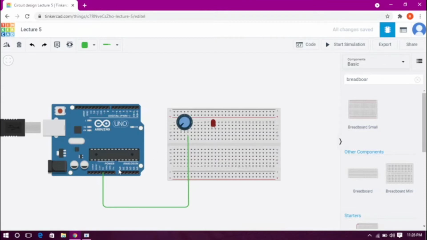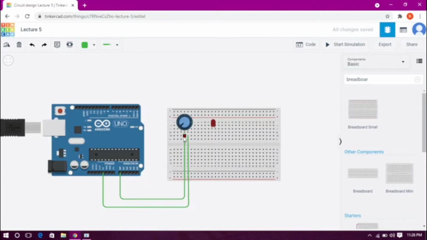Basically we'll be needing an analog input. For that I will use this analog 0 pin, A0, and I will place it over here. And this will be our ground wire, this terminal 1.